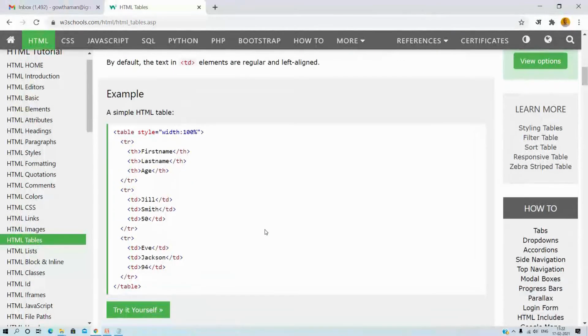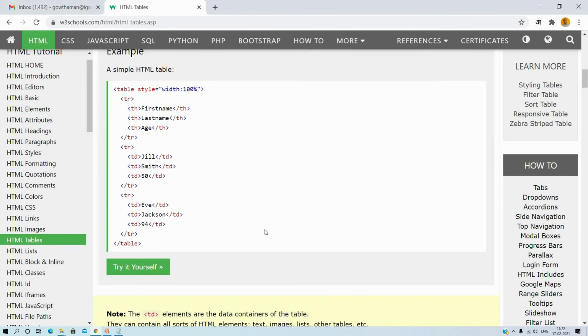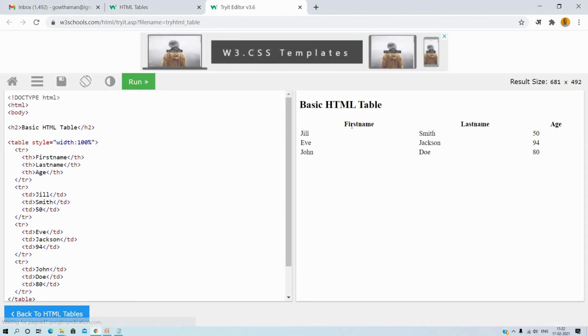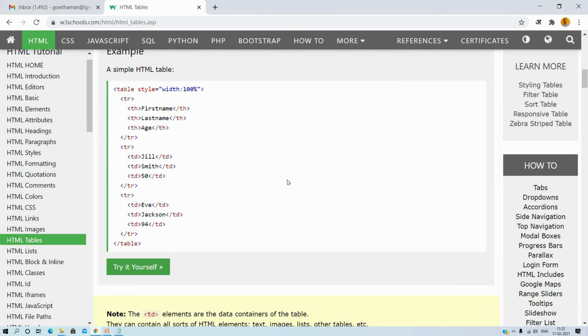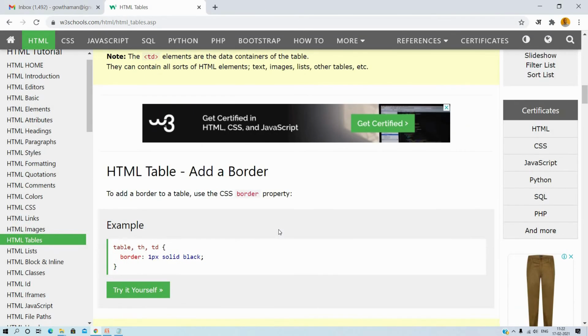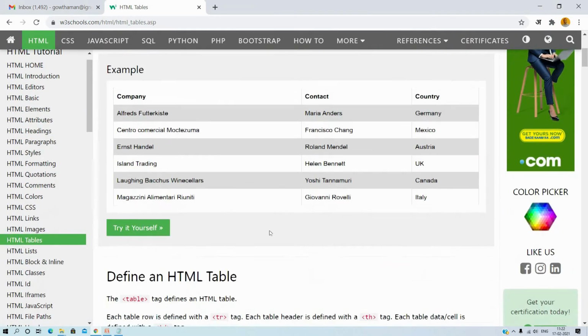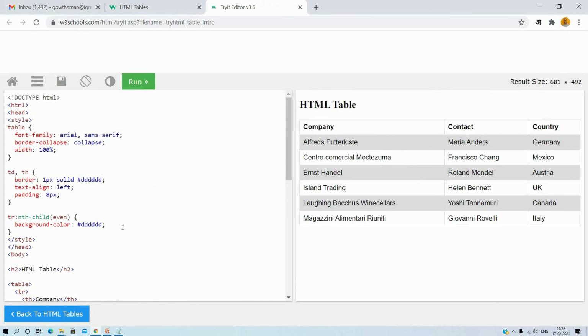Then you can see the sample code below. From that code, you can identify the fields: first name, last name and age. Then you can just go for runtime. There is a sandbox-type platform available. On the left-hand side you can see the programming code, and on the right-hand side you can see the output. There is a run button on the left; if you run it, you can see the output on the right-hand side.